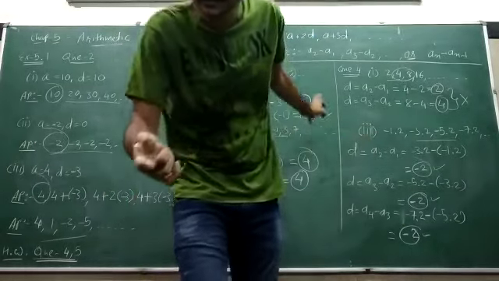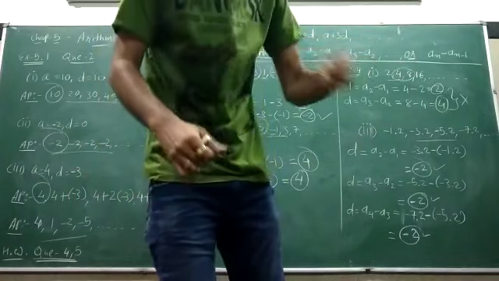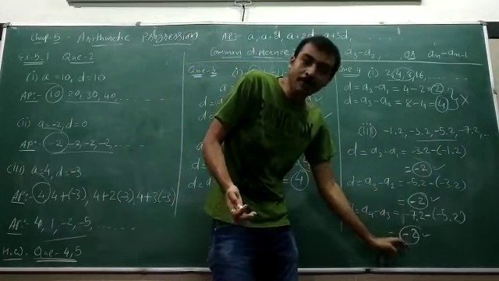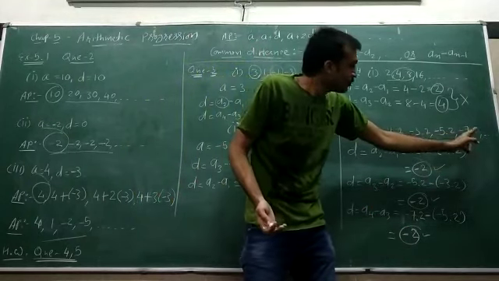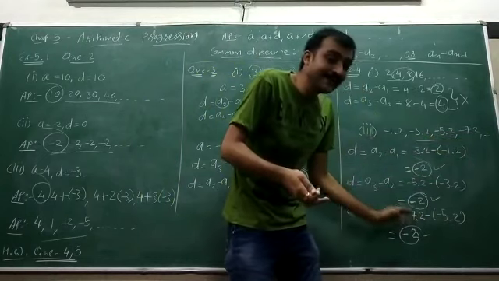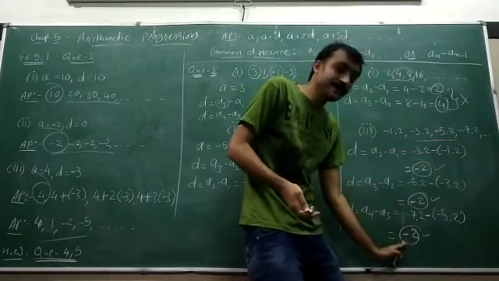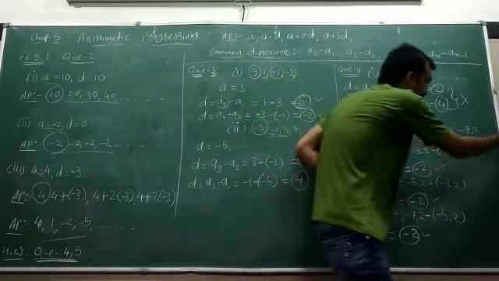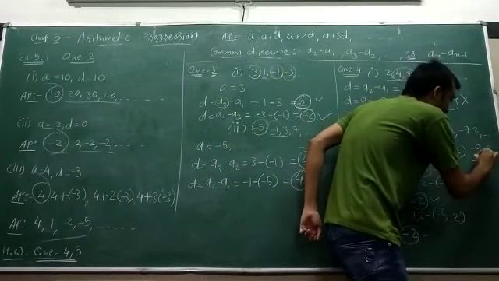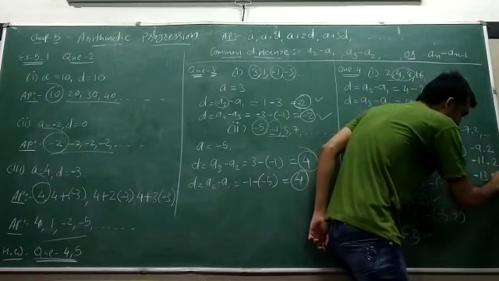But what was asked is that if it is an AP, then you have to write 3 more terms. The next 3 more terms. So what do we have to do? Simply we have to add the common difference to the last term. So the last term is minus 7.2. So add minus 2 to that. Add minus 2 means plus minus 2. So the next term will be minus 9.2. Next term will be minus 11.2. Next term will be minus 13.2.